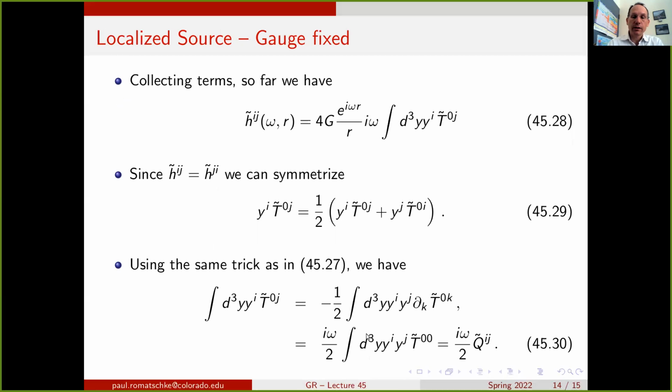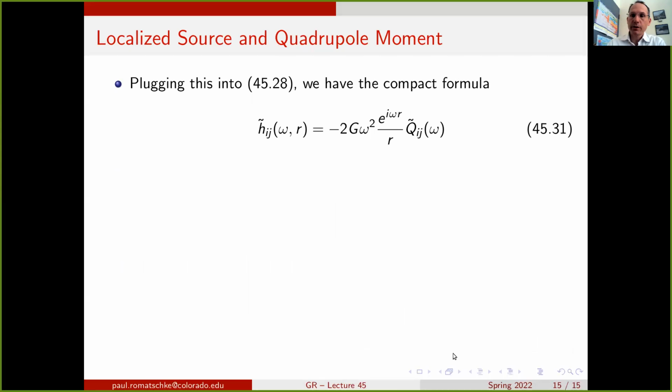Now, it turns out that this integral is a well-known thing. It is just the quadrupole moment of the energy density, if the 0,0 component of the energy momentum tensor can be interpreted as such. And then this formula can be written as i times the frequency over 2 times the quadrupole moment of the energy momentum tensor. Collecting again all the terms, we find a very compact formula for the strain rate in frequency space. It's just given as minus 2G times the frequency squared, spherical wave factor, times the quadrupole moment of the energy momentum